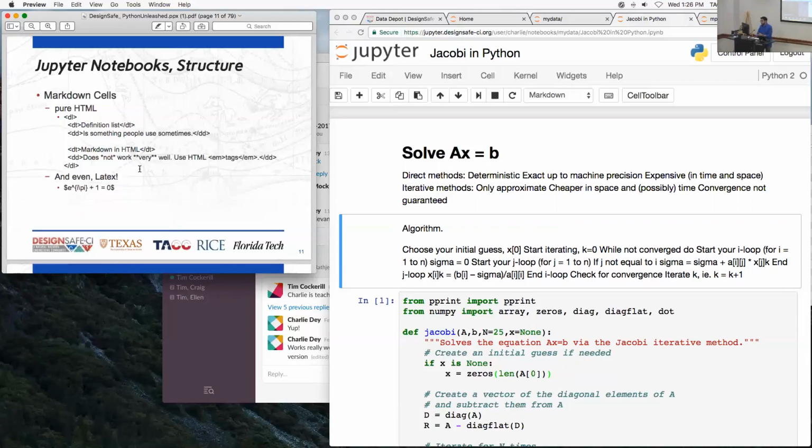Since these are Markdown cells, and HTML is a markup language, it takes pure HTML in there as well. So you can just put in some HTML markup, put in whatever you want to say, and it'll go ahead and render the HTML for you. And it even does LaTeX. So if I wanted to, I can take that little bit of LaTeX,